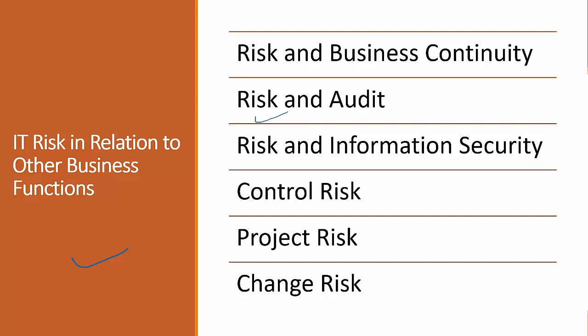Then we have control risk. A control is chosen to mitigate the risk. If the control is not operating correctly, then the control may not prevent failure or compromise. So selection of a wrong control, incorrect configuration of a control, or improper operation of a control is called control risk. Okay, and that might be addressed based on new threats.